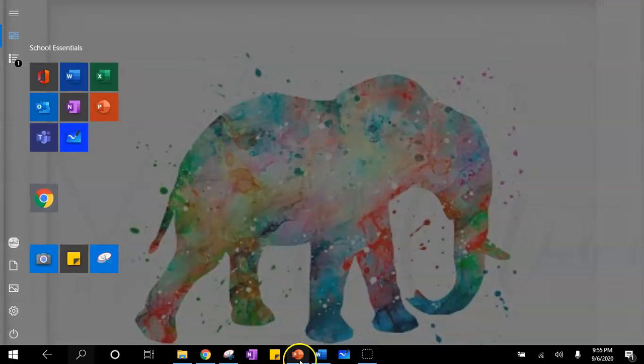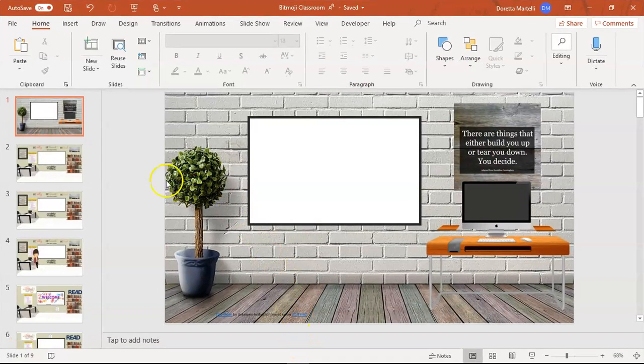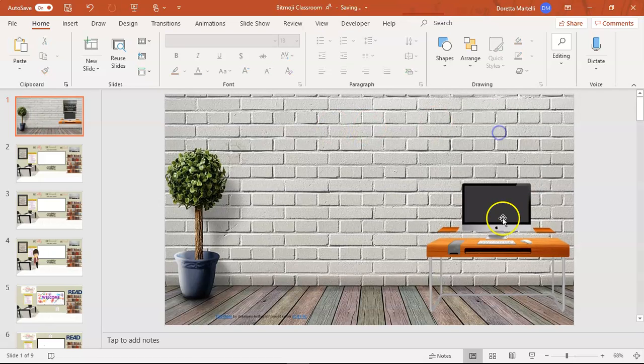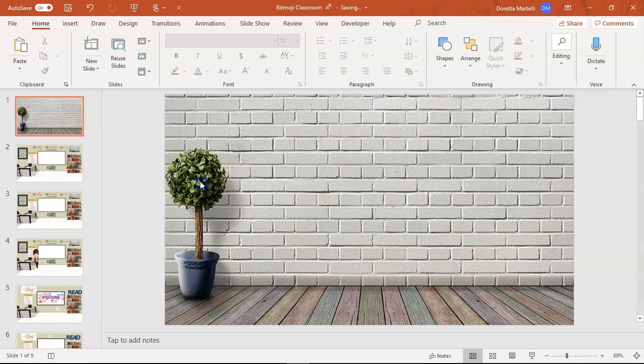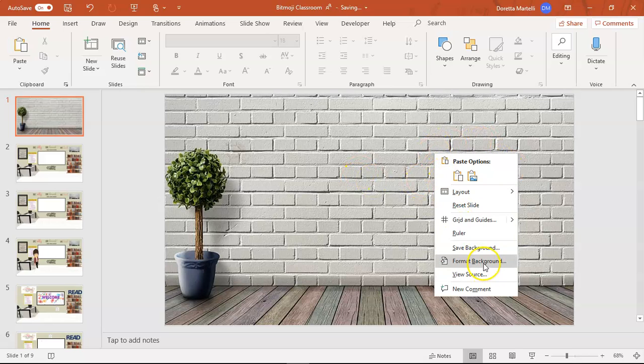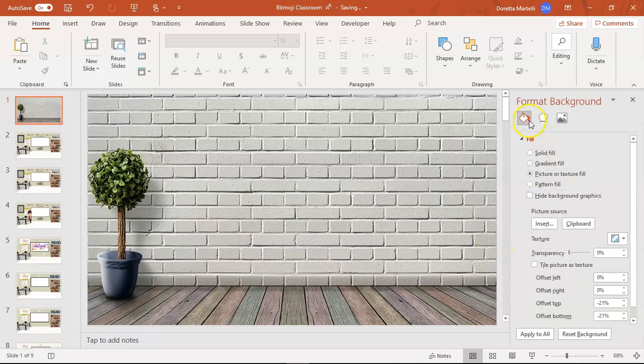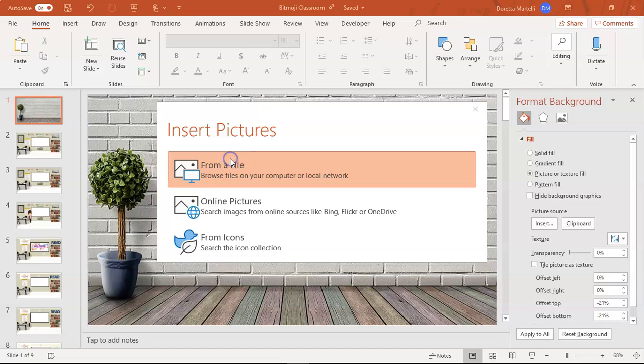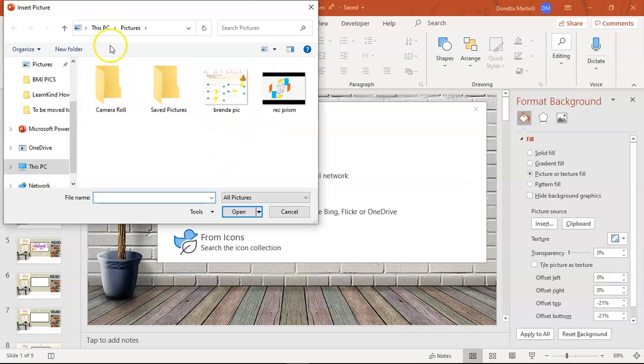Okay, so now I'm going to go back to my PowerPoint, and it sounds silly, but I'm going to get rid of all these things. Okay, doesn't matter if this is here because I'm going to replace the entire background. So now I am going to format background. I'm going to go back to my picture. Okay, I'm going to insert from a file,